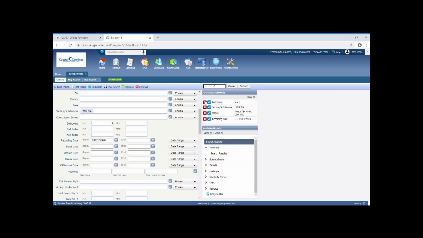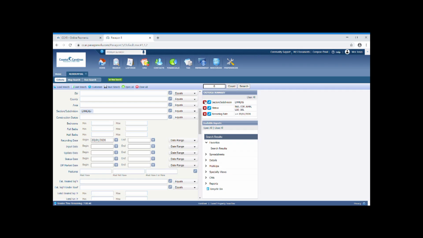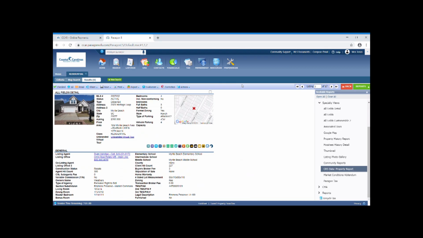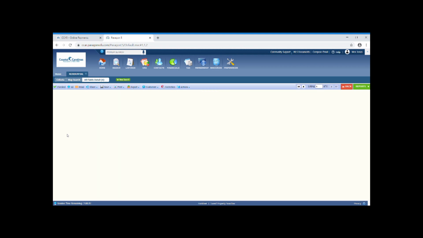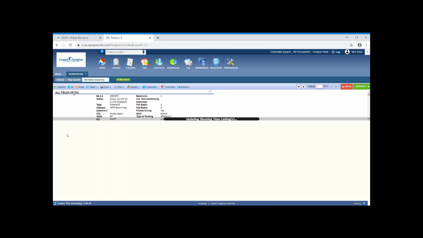Now, if I take out 3 bedrooms, there could be more. There's not, but if I don't narrow it down by bedroom, it's going to pull everything. So now when I'm pulling up my search criteria, I can see here the sold price recording date. If I click it, I can sort it by the most recent. So I can see the most recent home sold on 5/7/2020. So if I click that listing,